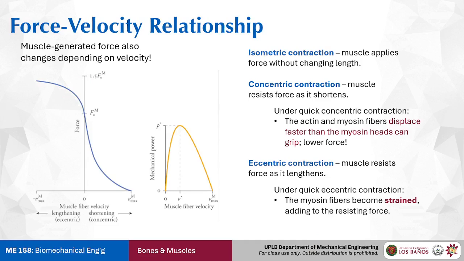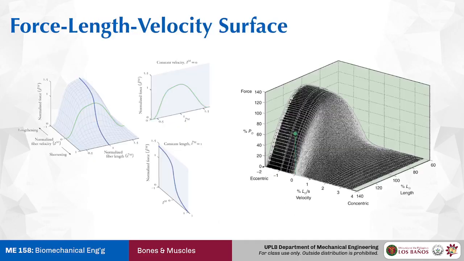And if you combine this relationship between force, length, and velocity in a muscle, you kind of get this funny little curve. Para siyang kumot na may natutulog or may nagtatago or something like that. Will we be making use of this? Nah, this is just for your know-how. Think of it as like, okay, so we have the PVT for thermodynamics, and we have this funny curve, or rather funny surface, in ME158. So yeah, that's it.